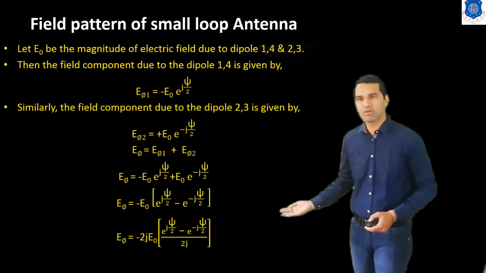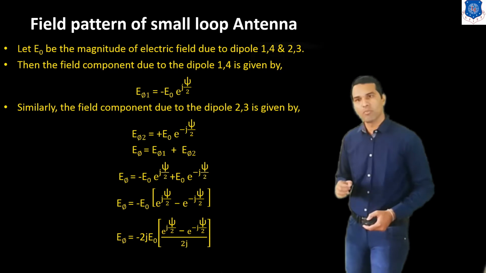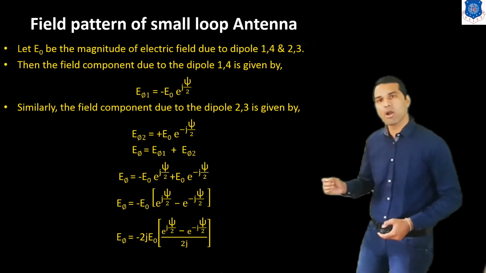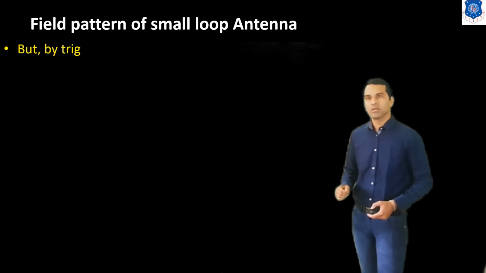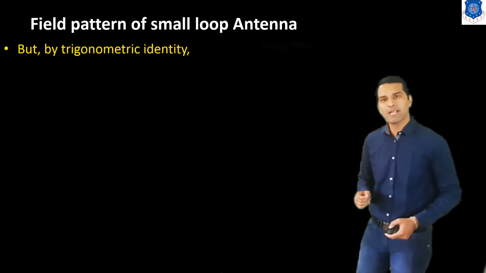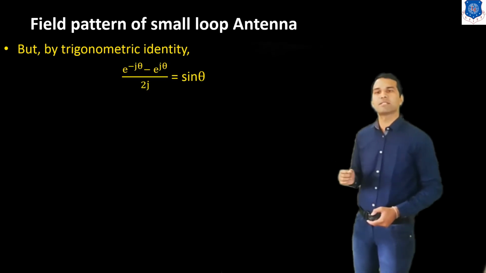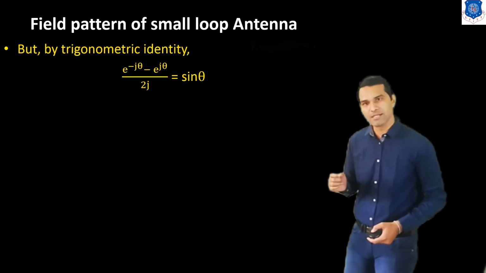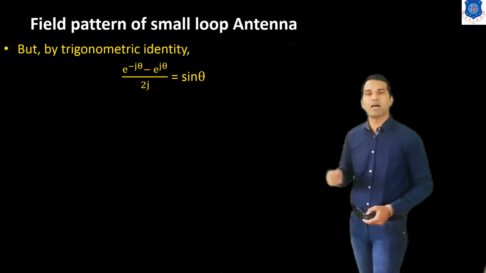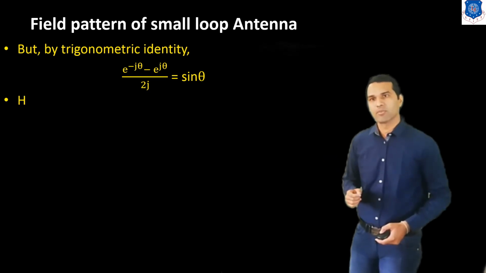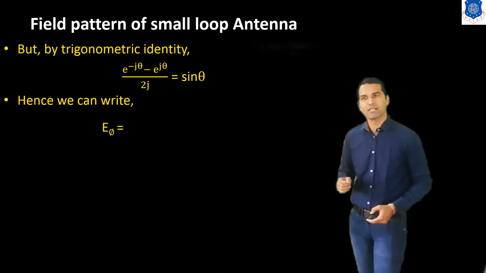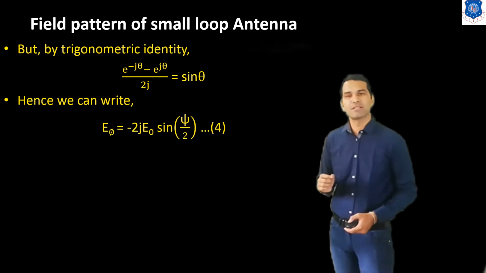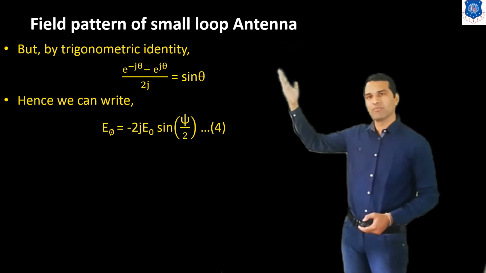So we get this equation like minus 2j E0 in the bracket e raised to j psi by 2 minus e raised to minus j psi by 2 upon 2j. But by the trigonometric identity, we know that e raised to j theta minus e raised to minus j theta upon 2j is nothing but sin theta. We use this trigonometry in the array chapter. So hence we can write E phi is equal to minus 2j E0 sin psi by 2. So by using this trigonometry, we get this equation,